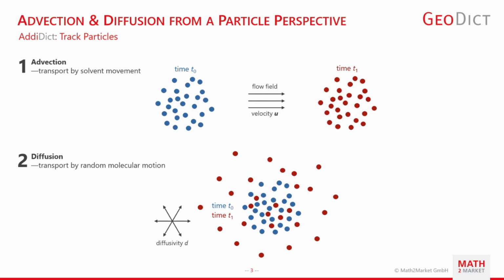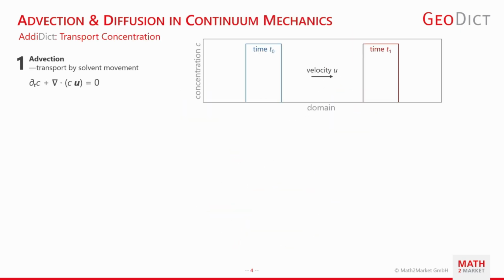And this is already well established in GeoDict within the module AddiDict. So AddiDict is actually for the prediction of advection and diffusion. And there's a command TrackParticles, and TrackParticles does exactly that. Now in GeoDict 2025, we're following instead a continuum mechanics approach, which means we don't consider particles,